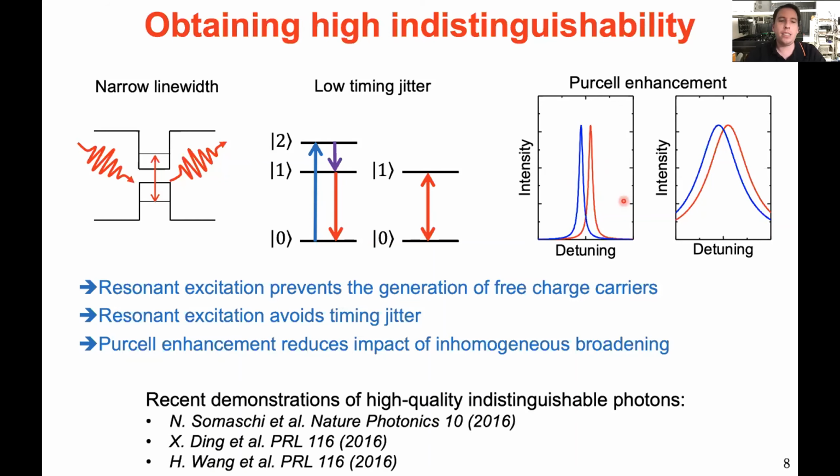And over the past few years, a lot of beautiful works on really high quality single photon sources with high indistinguishability have been published. For example, by Pascale Senellart's group here in 2016, where they demonstrated at the same time a high brightness, low multi-photon probability, and good indistinguishability. And Pascale will talk later on in the session. And I'm very much excited to see how she developed the field from her landmark publication here.